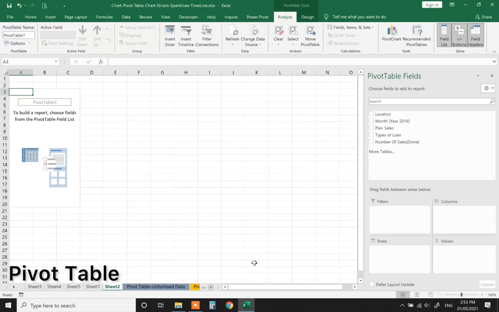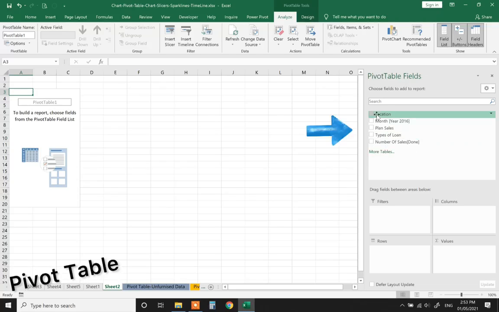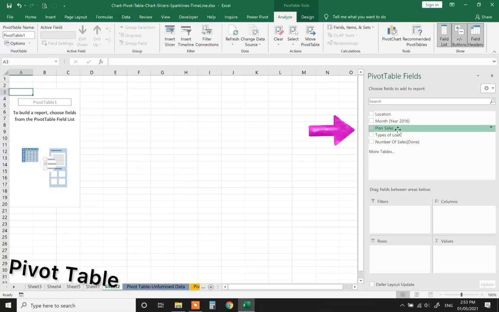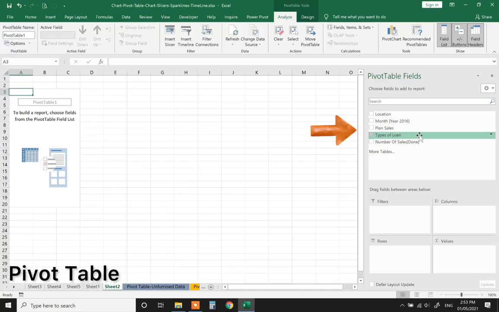Click OK. Once you have this worksheet, pivot will recall all your headers into pivot table fields. You will see location, month, plan, sales, type of loan, number of sales done.